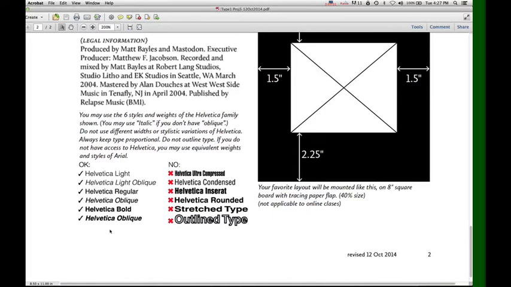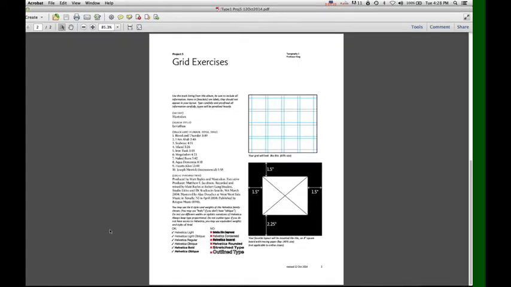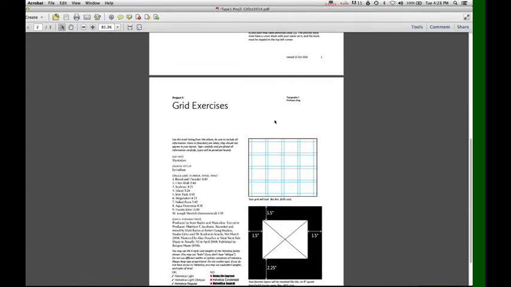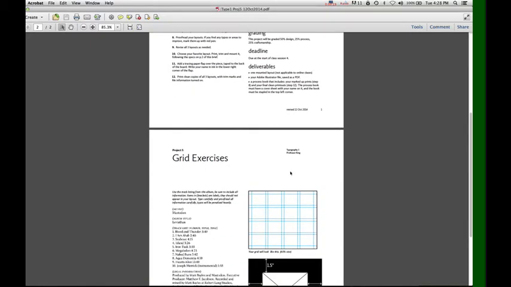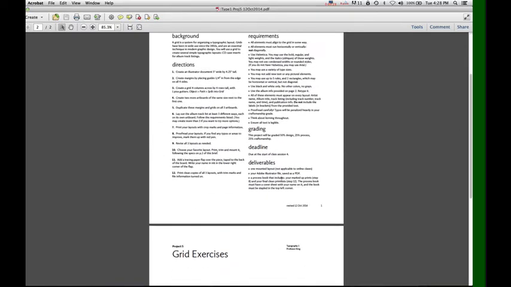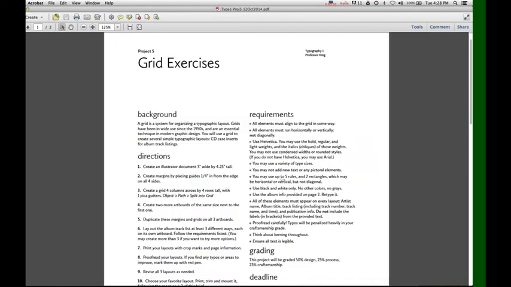If you're on a Macintosh, you should have Helvetica. It comes installed. However, if you do not have access to the Helvetica family, you may use the Arial family instead. That's fine. So, I've given you a very specific size, I've given you a specific grid, and there are some